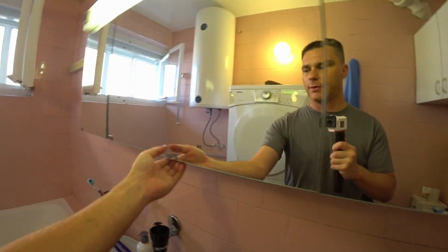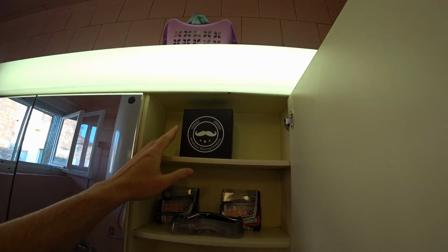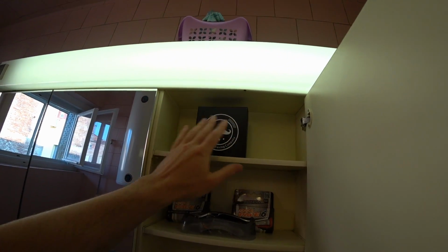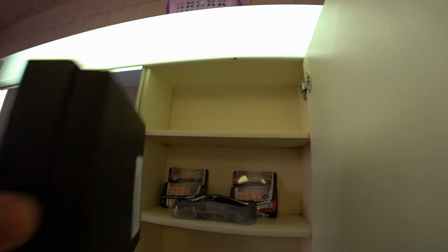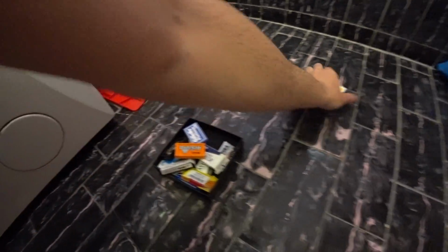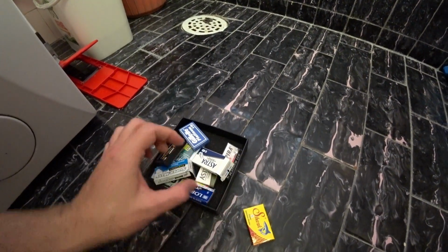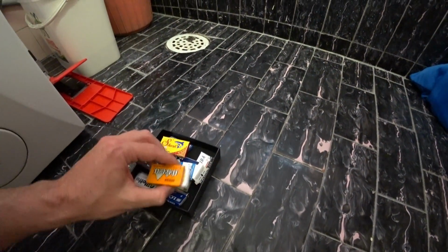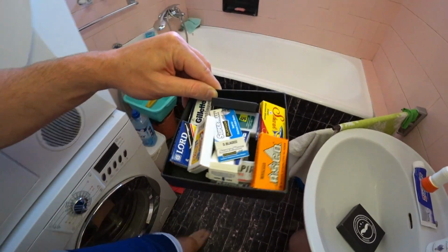Medicine cabinet. Let's see what's in my medicine cabinet. I have a shaving medicine cabinet. This is extra blades for my safety razor. I have like a sampler kit with all these different companies of blades. Let's go ahead and open that up. Let's see what I have. So I have all these razors that I like. You know which ones I like the best? I put them in my shaving case, my portable one, but I ordered a sample pack with all these different